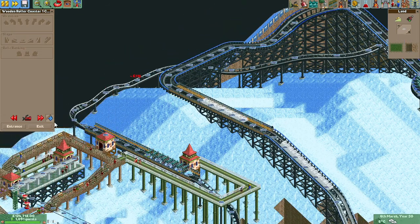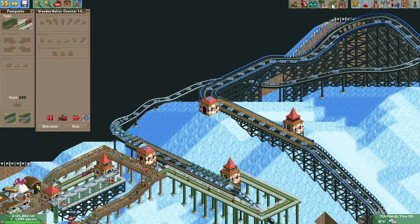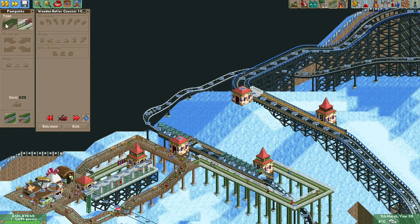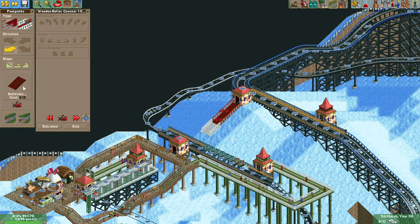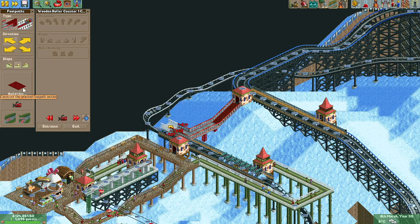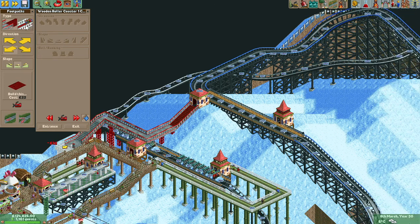That should be good. Remember when I used to play this years ago, Roller Coaster Tycoon, I used to think that straight sections would really hurt your ride rating. I didn't realise it had very little to do with that. It was all to do with the excitement and the stat penalties and things like that. There we go. That's probably going to be even worse in terms of...